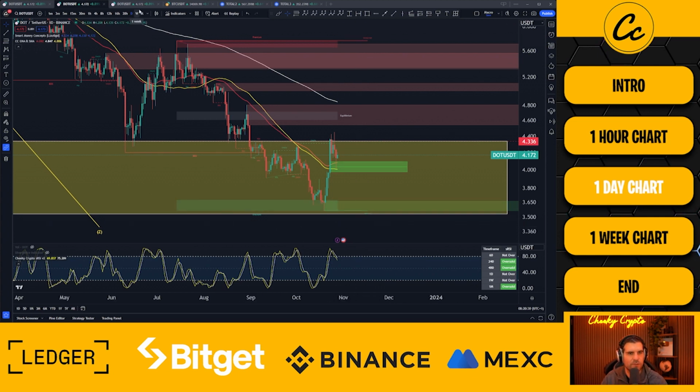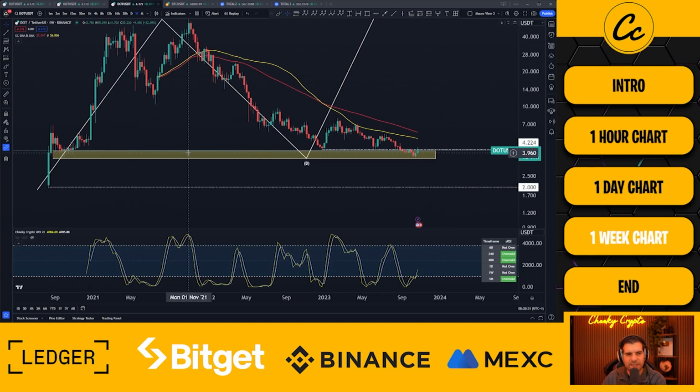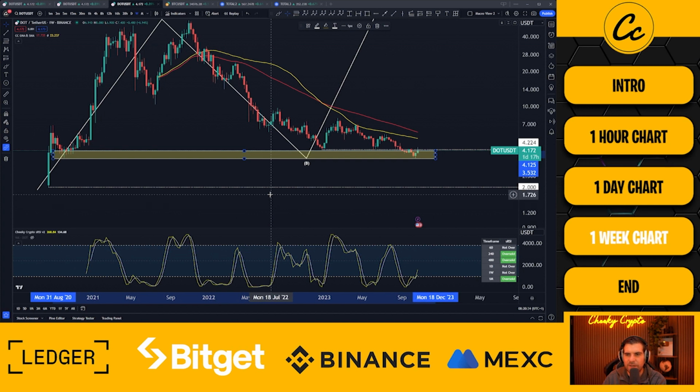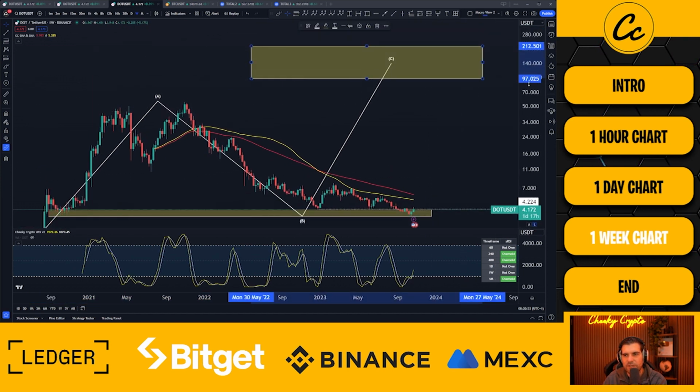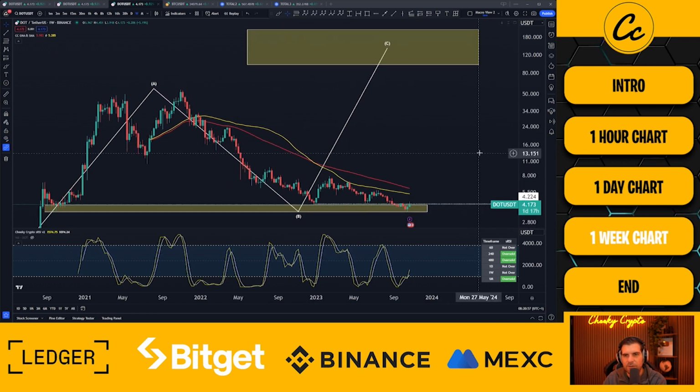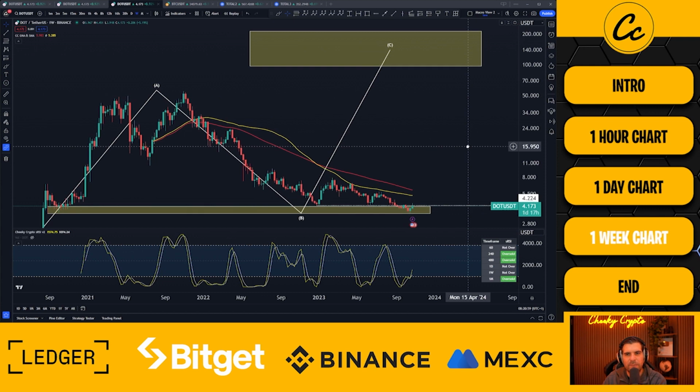Now if I take this out towards our weekly, you can see this area of weekly interest was actually $3.532 to $4.125. And you can see this previous area of resistance that we saw, or support that we saw back in 2020, has become support back here in 2023, right? So it's looking very, very healthy and very, very good. We still do have that price appreciation upwards to $97 to $212. You can let me know in the comments below whether you think that price prediction is a bit too optimistic